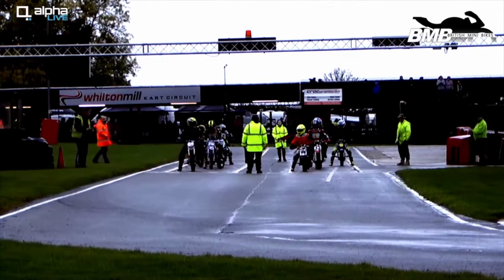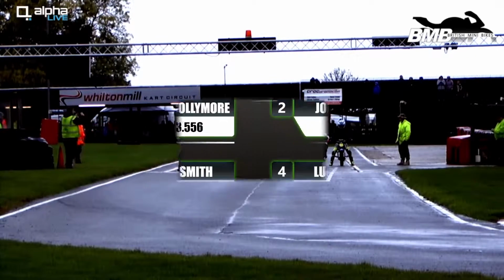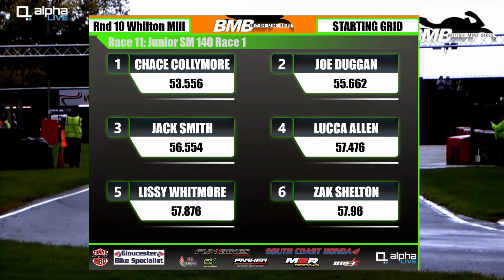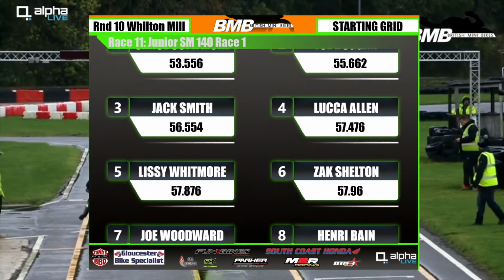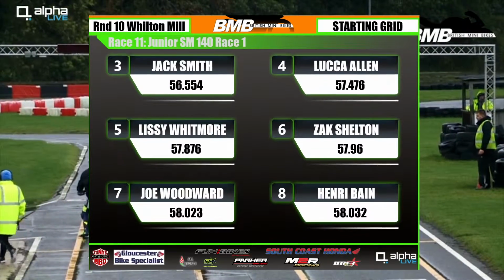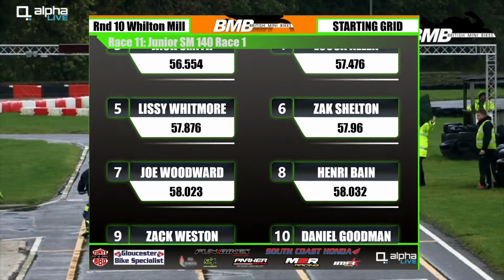Let's give you a quick grid. Chase Collymore is on pole, lying second in the championship. Joe Duggan alongside Jack Smith and Luca Allen in row 2. Lissy Whitmore and Zach Shelton on row 3. I shall talk about the others as we're going along, but we're eyes on the flag because we're about to